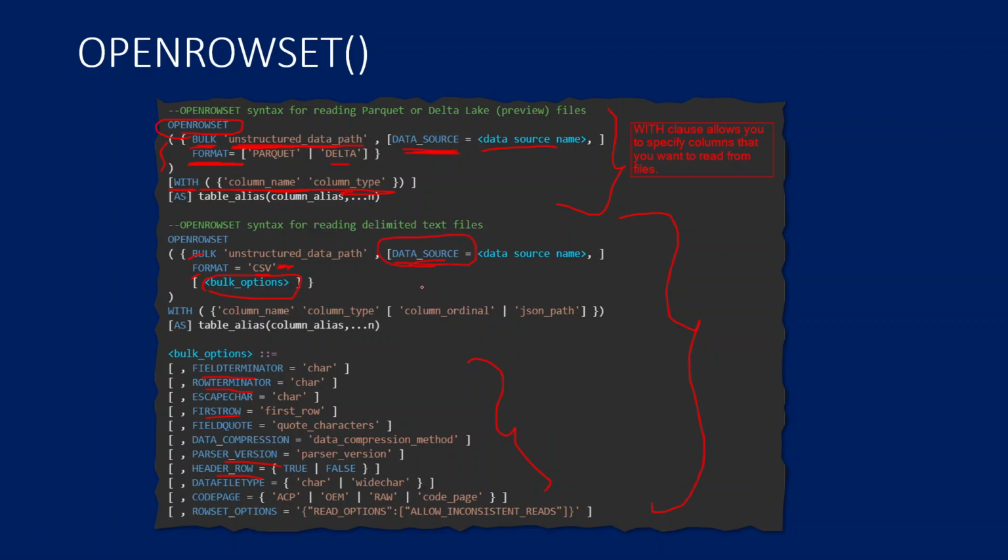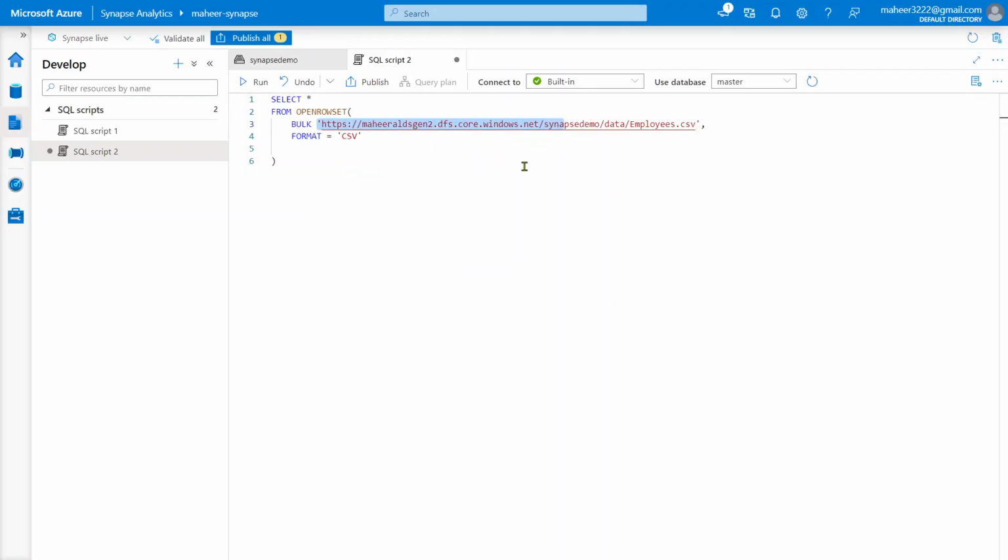In our past videos we saw how to create an external data source object and use it in external tables and everywhere, right? So you just try the same: create an external data source object and use the DATA_SOURCE keyword and place it. When you're using an external data source, you don't need to provide the full path. You can provide only the path where the file is, because the credentials for your storage will be in the data source object. I'm not going to explain that, you can try that. So in this video I am going to take the full path of the file.